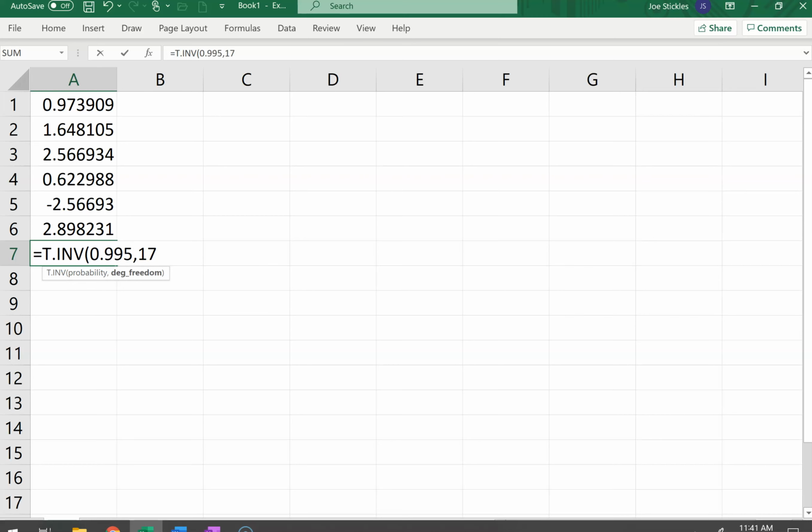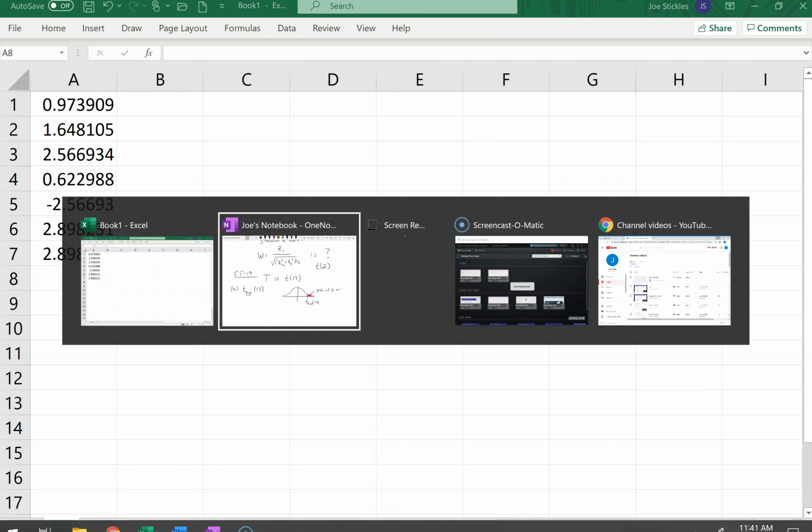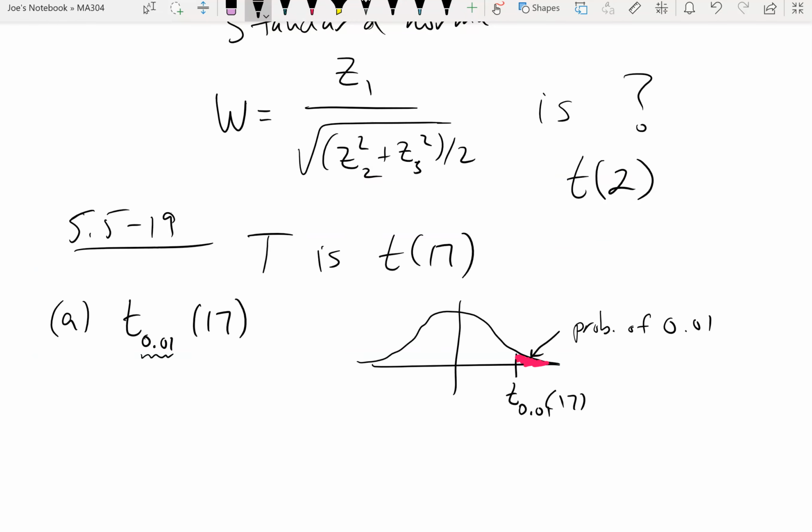It's not doubling the t value, it's doubling the probability. So notice if I did 0.995 in that case. So if I have the probability, I'm just on that other piece. So what I mean by that is over here,